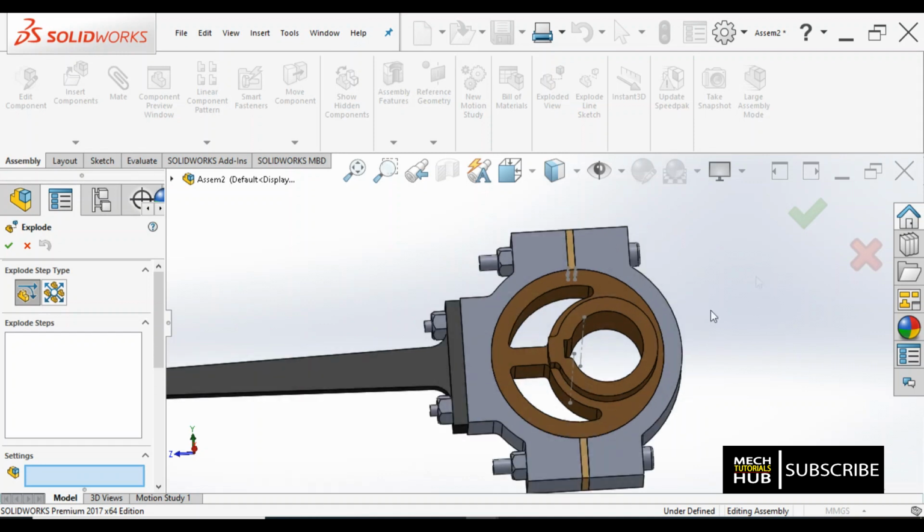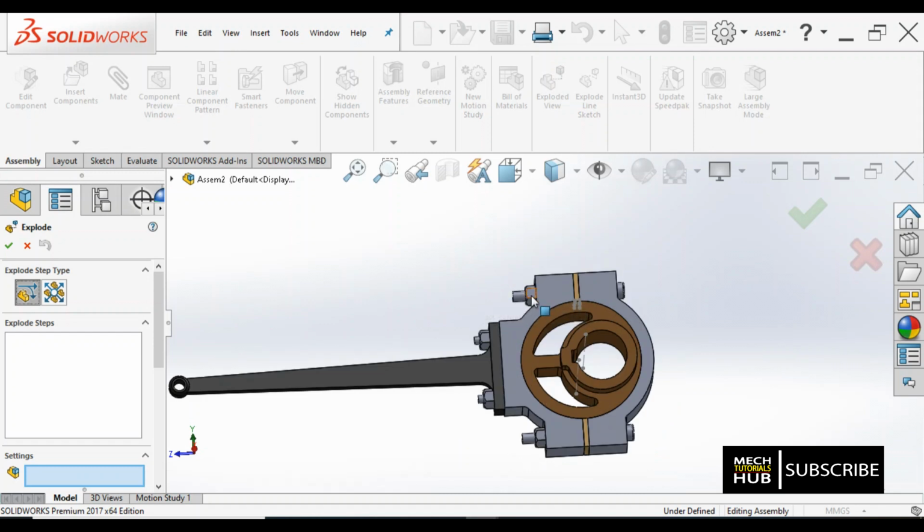For that I'll just click on regular, and I want to unfasten this particular joint first. For that I'll click on this nut, and with respect to the z axis, based on the z direction, which is the blue direction, I'll just drag it out with my left mouse button.